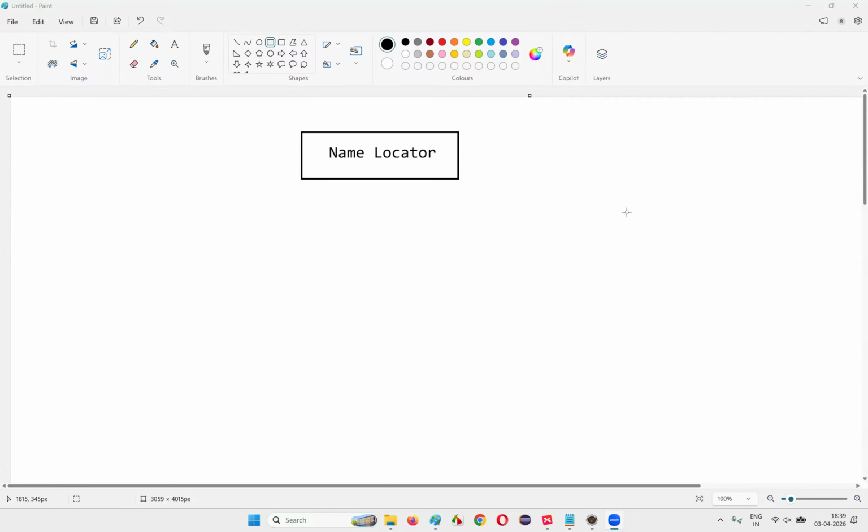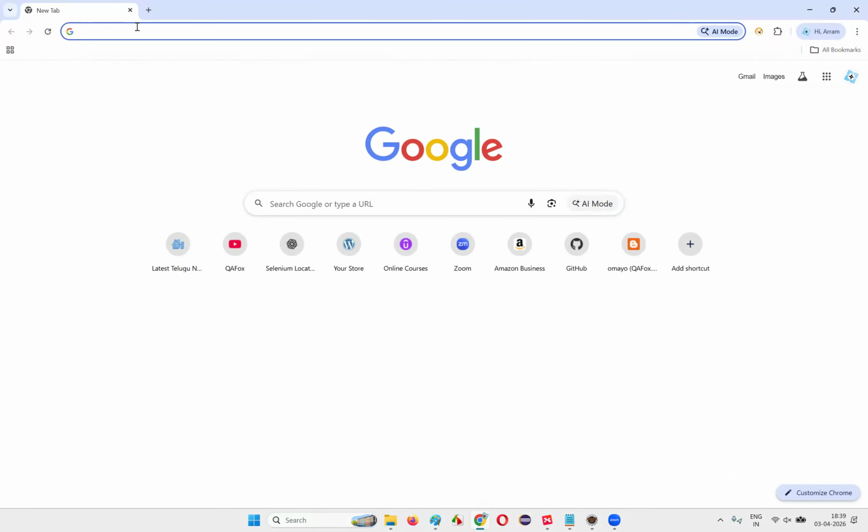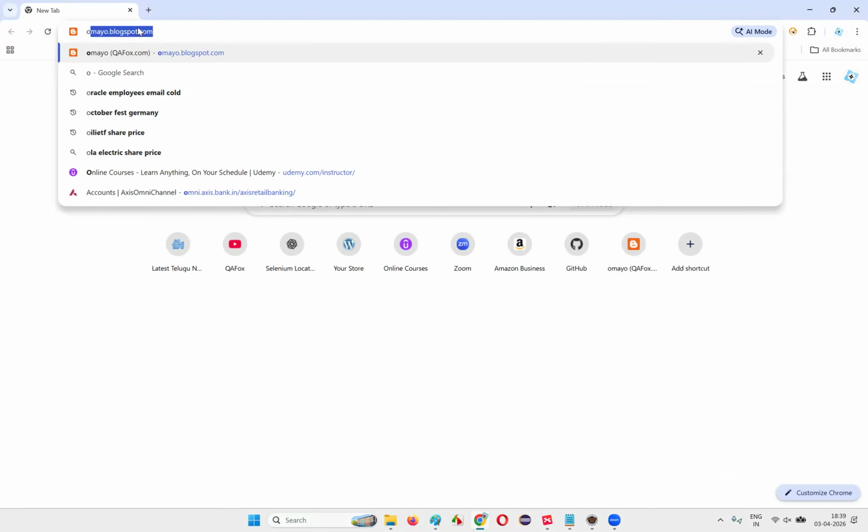In this session, I'm going to practically demonstrate how to use the name locator to help the Selenium automation tool in finding the required element on the web page. So let's get started. For that, I'll open this browser. Once I open this browser, I would like to take you to a sample application page like this,